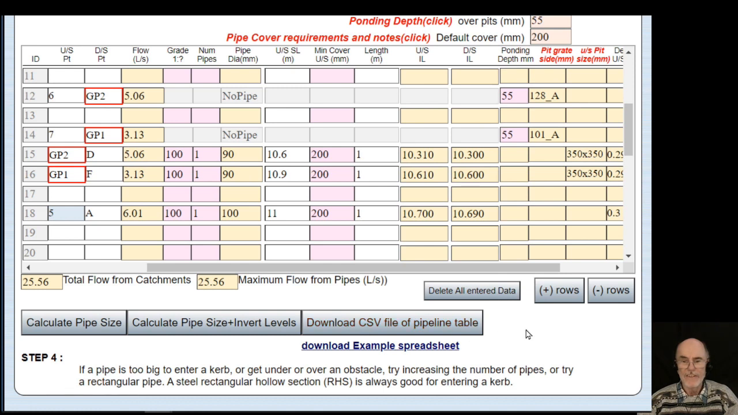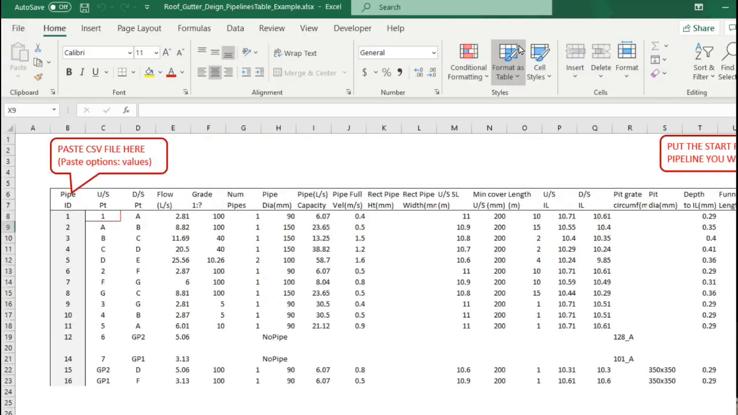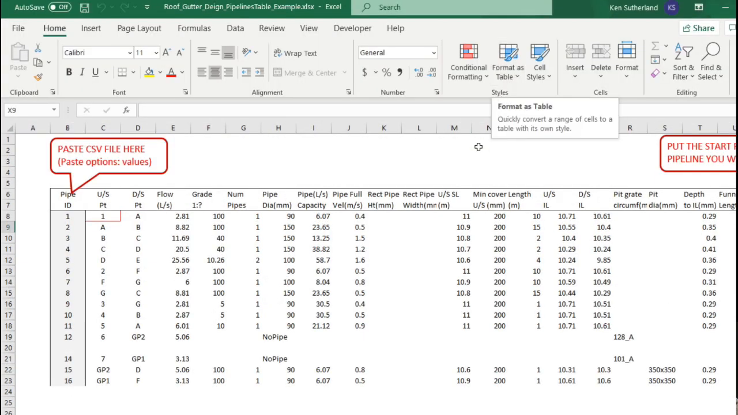Download the CSV file. Now this is interesting. You press that, or we can download the example spreadsheet, or, well, we really need to download both of these. So let's see what happens when we download the spreadsheet. You may see this up the top here, protected view. We need to click this